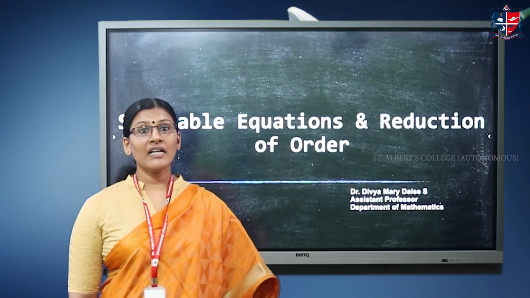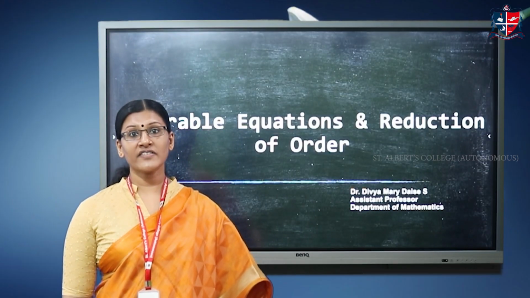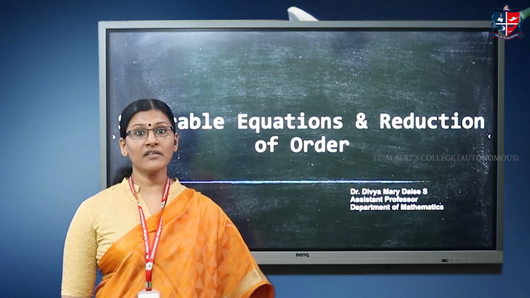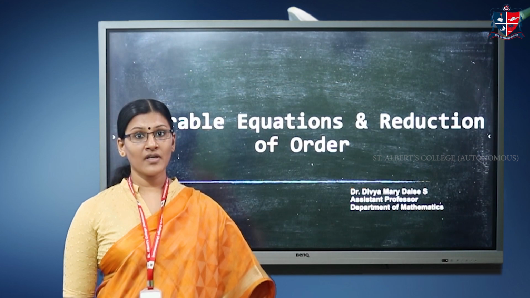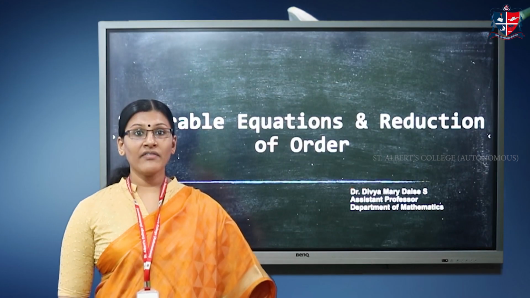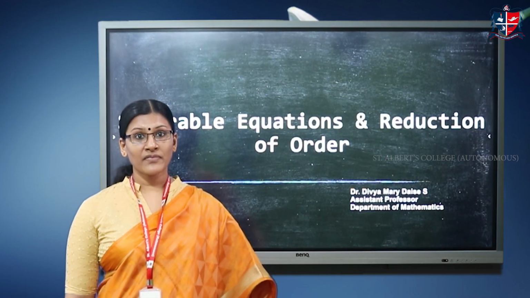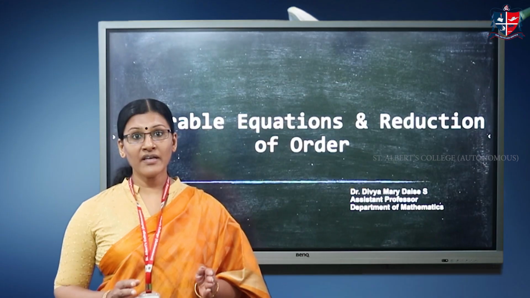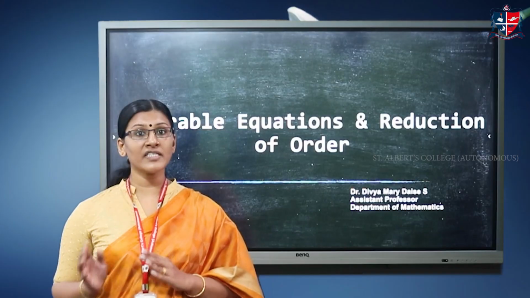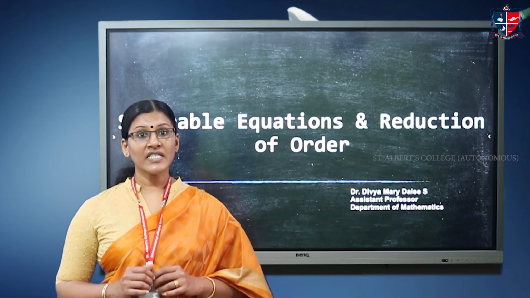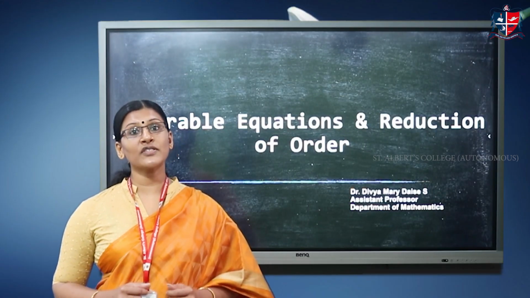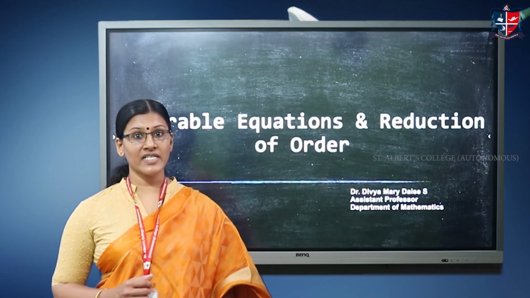Hi everyone. In the last two videos, we have seen separable equations and how to solve a first order ODE using this technique. An equation is separable when the variables in it can be separated. That is, we can bring the dependent variables to one side of the equal sign and independent variables to the other side. Such equations are called separable equations. And we have done some problems using separable equations for solving first order ordinary differential equations.